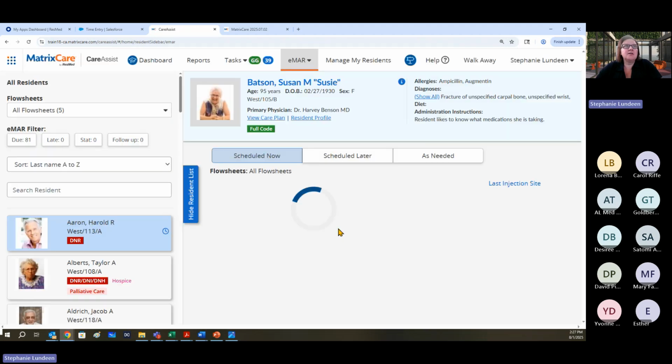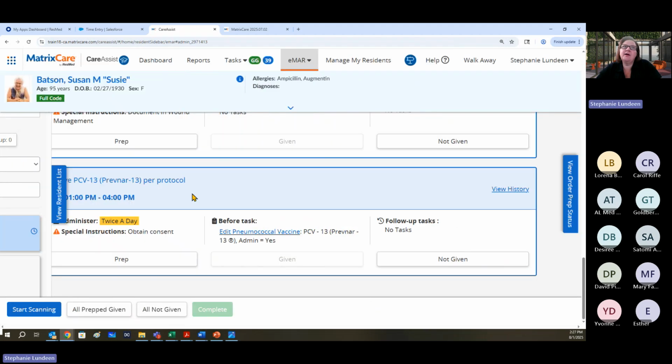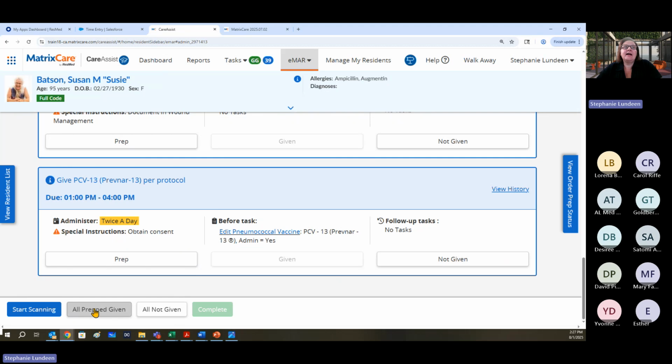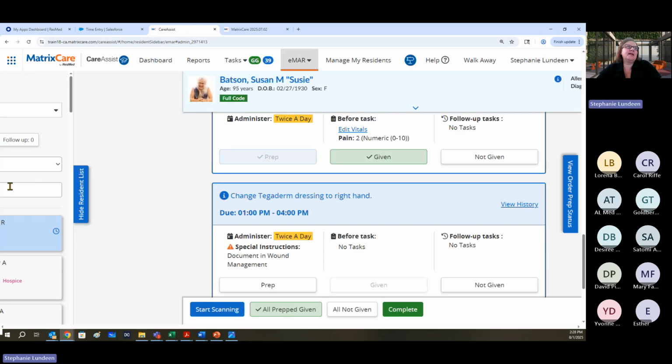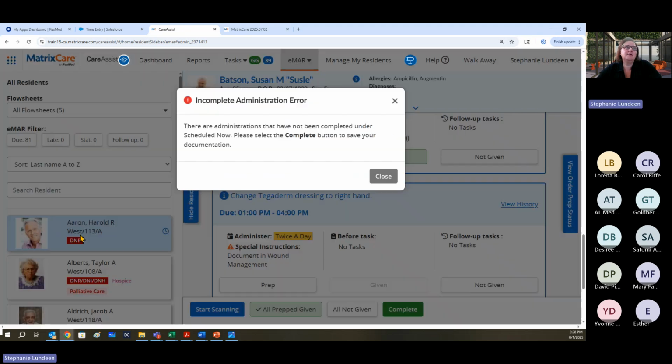And I'm back into my MAR. And so I'm like, okay, I'm figuring all of this out. And I come to the bottom and I say all prepped given. Now, if I say all prepped given, and I'm like, okay, I'm done, I'm ready to move to my next person. As soon as I try to go to Harold, if you get this error, incomplete administration error, there are